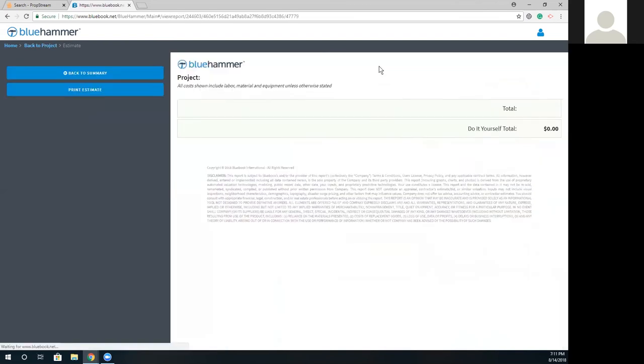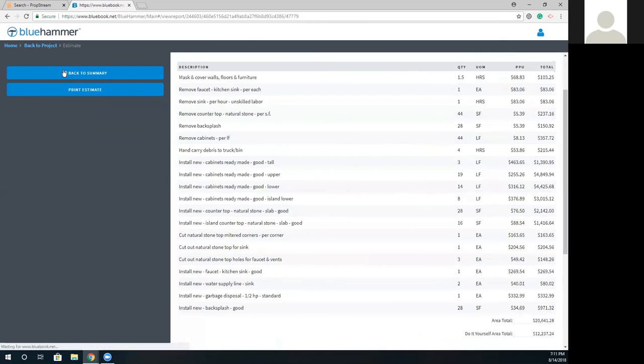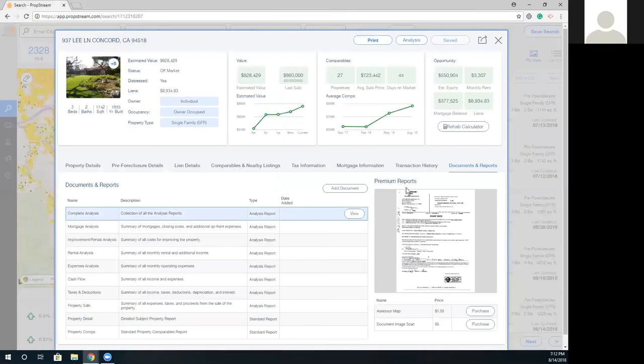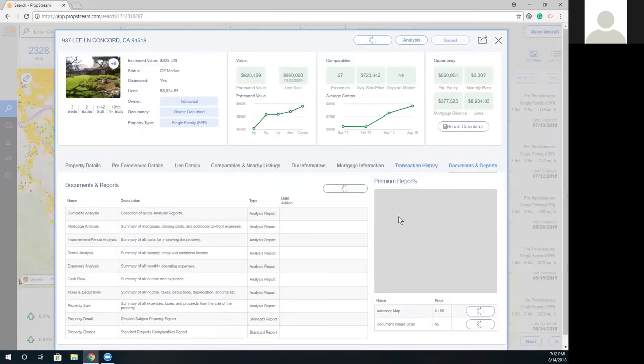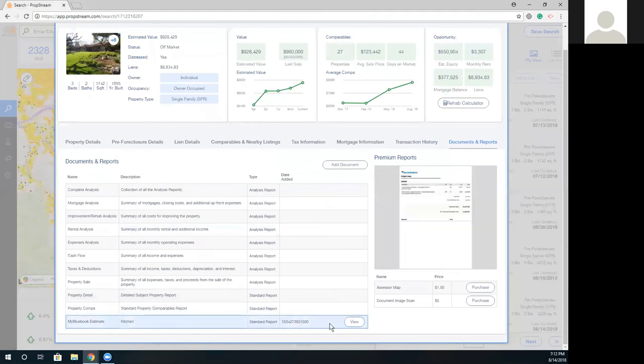And then we have the project report. So if we wanted to print this report, we can. So once we do our rehabbing, get our estimate, we now can use this as leverage to prevent contractors from giving us a ridiculous price or trying to swindle us for a lot more than they should. Right? And so once you run your rehab calculator, you can again print that report. If and when you save it, we're also going to throw a copy, as you can see, embedded here in the documents and reports, so that way we don't have to run it again. We can just print it and hand it to our contractors.